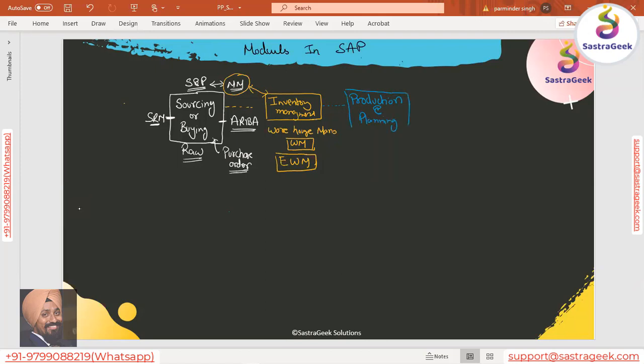The short form of this module which we are learning in this session is PP, production planning. Both names are famous. PP was more famous in ECC. In S4HANA it's also PP, but the other name is more known as SAP S4HANA Manufacturing.